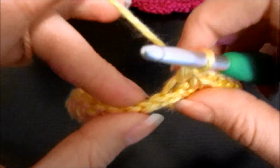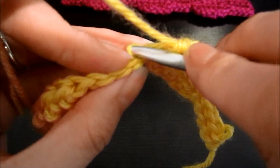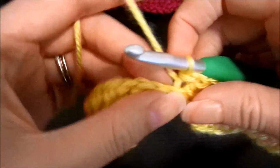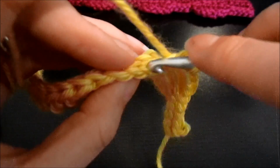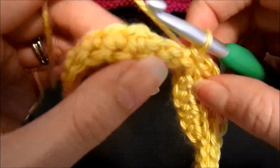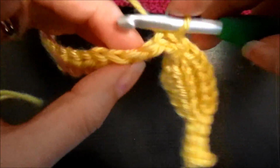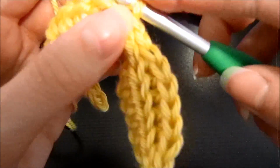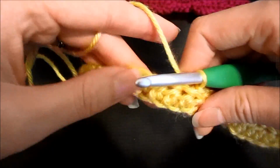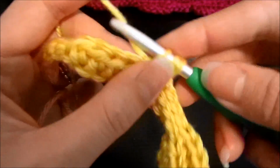Okay, now we want to do 5 slip stitches again. So insert your hook into that first chain there, the back loop, yarn over, pull through, this is 2, 3, 4, and 5. Okay, now 5 more half doubles, do the back loop,